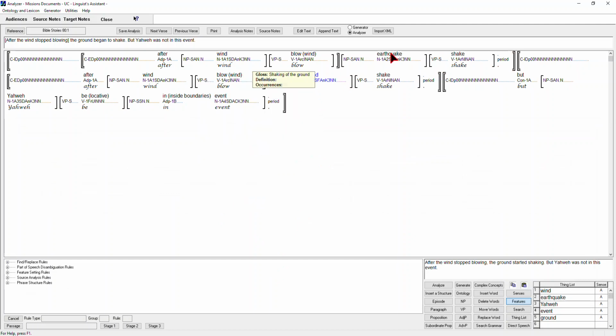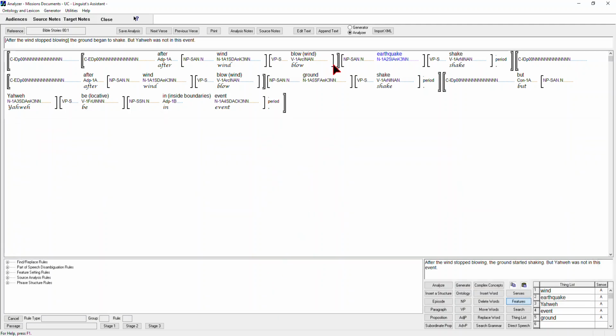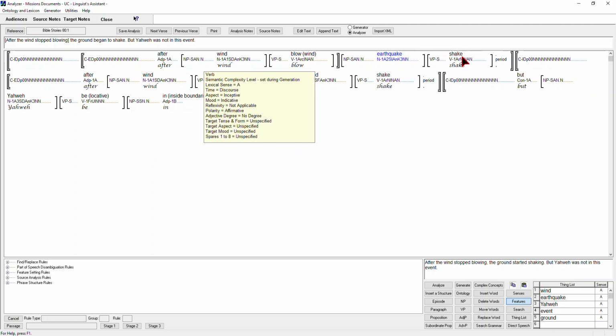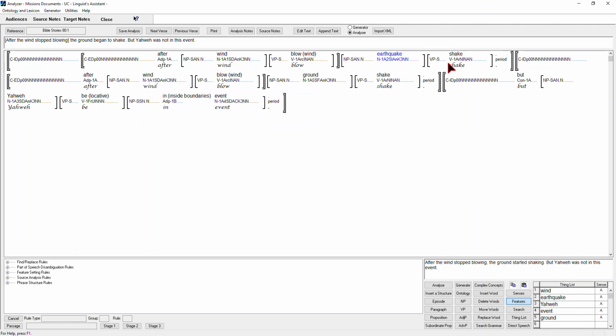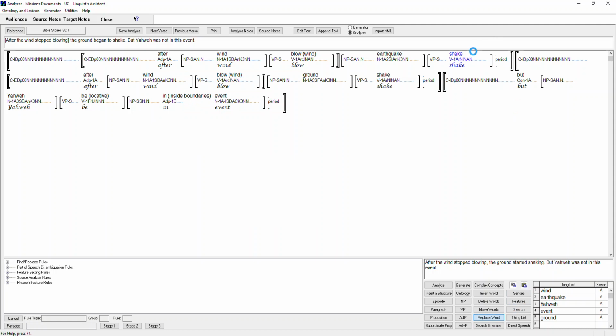But for here, I want an earthquake. So when I click on this, I'm going to use first mention. First mention is what gives you the determiner A, so a wind and an earthquake. It's the first mention of this earthquake. And now I want to change the verb. Now, because the verb isn't a thing, we don't have to worry about if I change this one, it will change the second one. So I'm going to click on replace word, and in this first sentence,